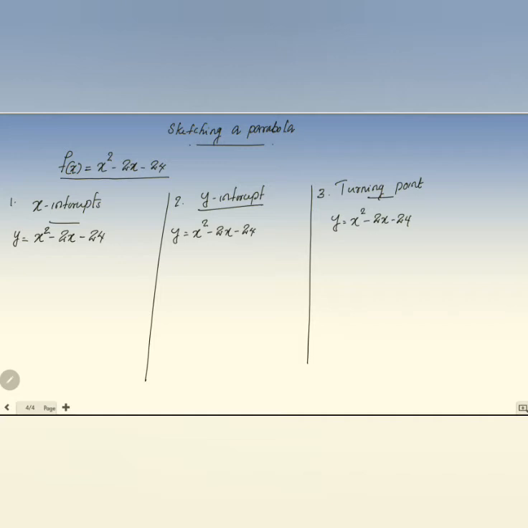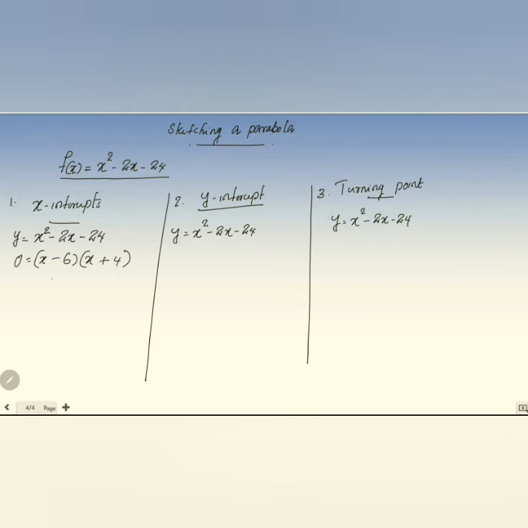Let me start with the x-intercepts. How do you get the x-intercept? In all the graphs, one method: make y 0. Here you can use either the quadratic formula or the factorizing method. So let me factorize this one. y is equal to 0. Let me open two brackets with x. Then I have to look for two numbers that when you multiply, the answer is minus 24, and when you add the very same two numbers, it should be minus 2. So the answer is minus 6 and plus 4. So I factorized this one.